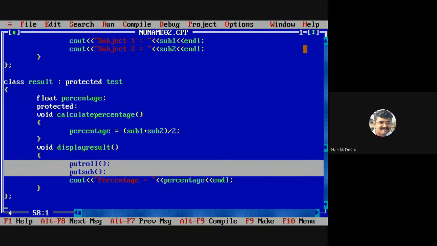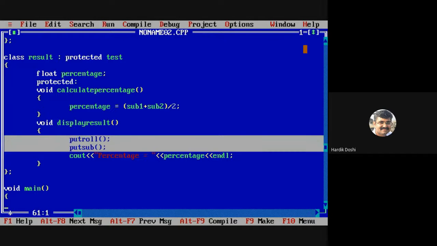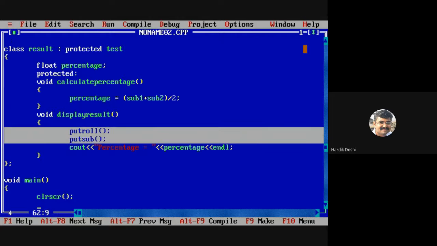Now, still there is a big problem lying out there. Void main. Now we will make an object of which class? Only result class, let's say result. The object name is Viral, so I make an object Viral of the result class.